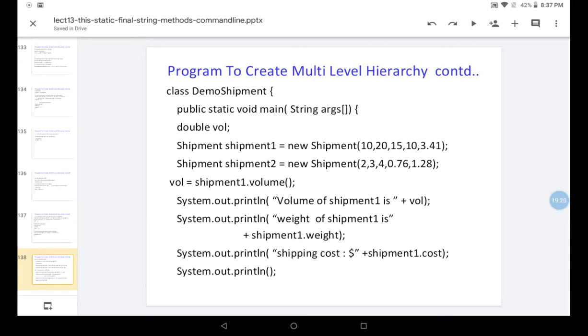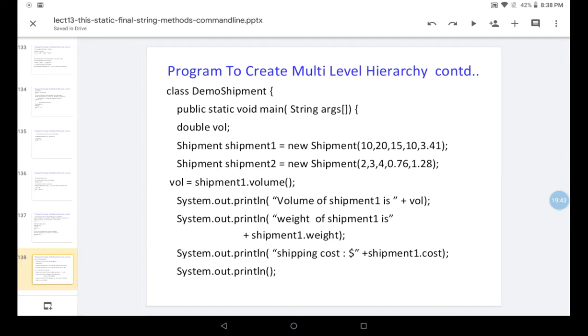Here we have created two shipment objects, shipment 1 and shipment 2. For shipment 1, we are passing parameters: length is equal to 10, height is equal to 20, width is equal to 15, weight is equal to 10, and cost is equal to 3.41.